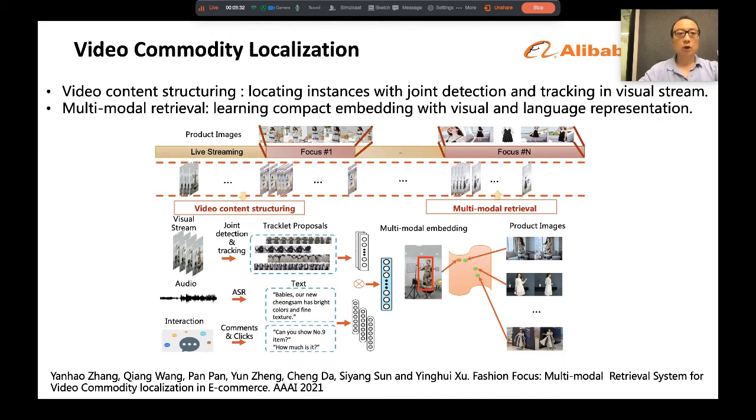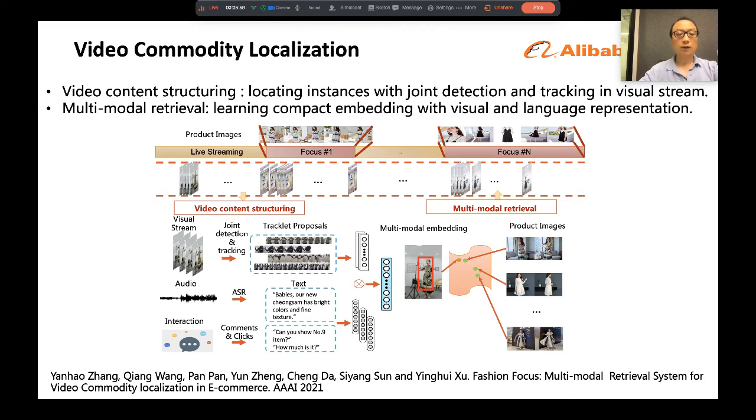To solve the problem, we present an innovative demonstration of a multimodal retrieval system called Fashion Focus, which enables exactly localizing the product images in the online video as the focus, where different modalities contribute to the commodity localization.